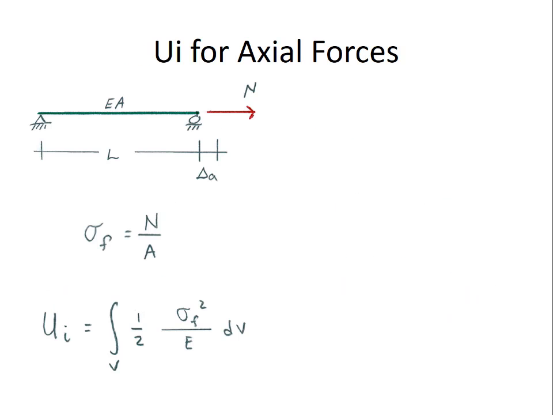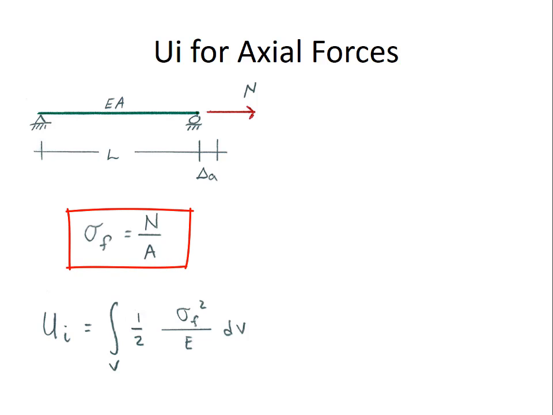Let's look at the internal strain energy for axial forces. So I'm showing here an axial rod. It has a cross-sectional stiffness EA. It's a prismatic rod, so the area is consistent throughout the entire length. It's subjected to an axial force N. The member is originally of length L, and it stretches a distance delta sub A under the action of that axial force N. We previously saw that the stress is equal to N over A,